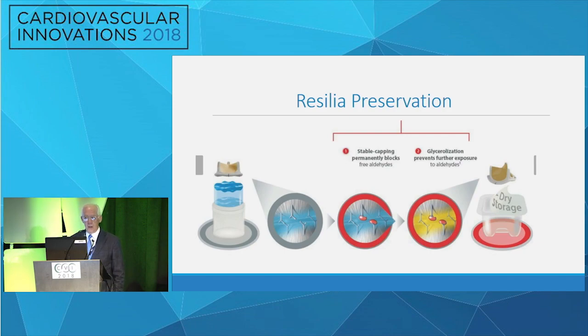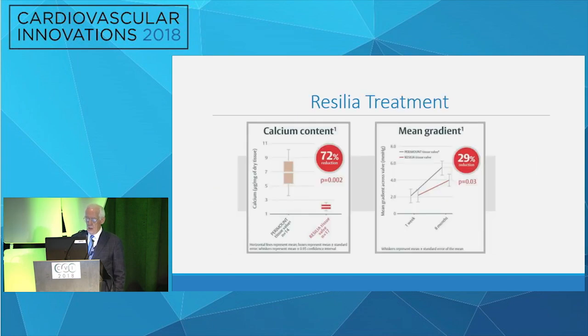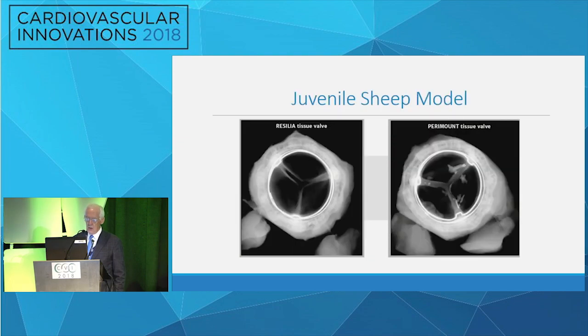The second benefit of it is that these valves can be dry stored so that there is no washing necessary. And this technology is being incorporated into TAVR also. So in the animal studies, this is juvenile sheep, which is the standard animal model that predicts calcification of tissue, the Resilia tissue showed a 72% decrease in calcium content at 6 months, and the effective mean gradient was significantly higher. And this shows